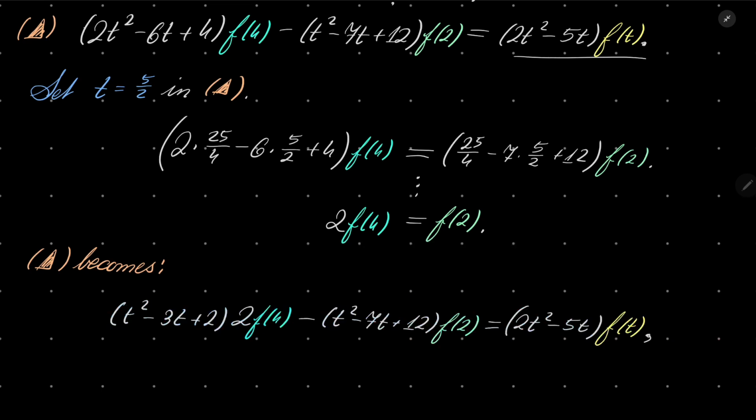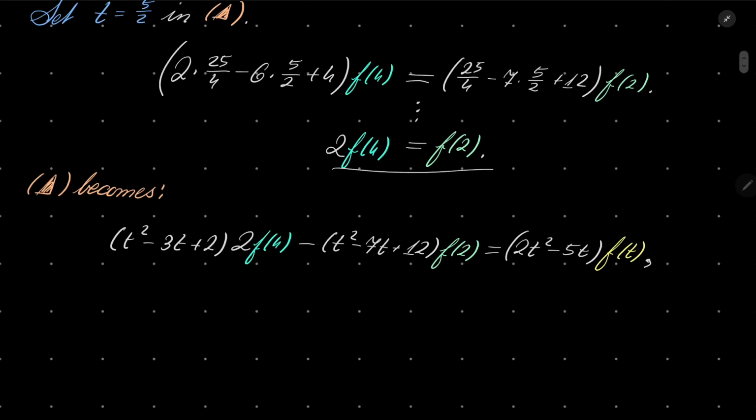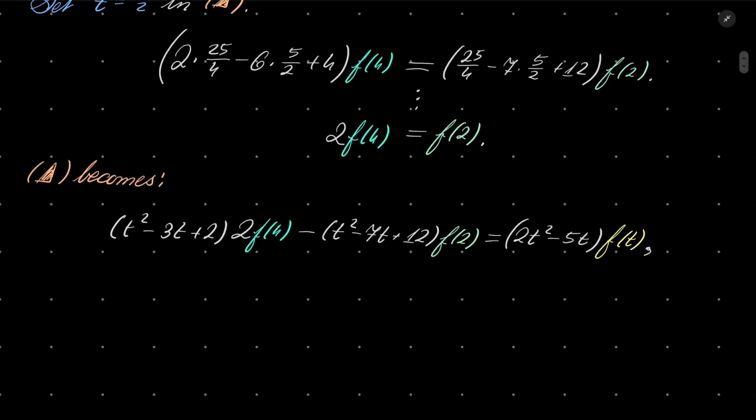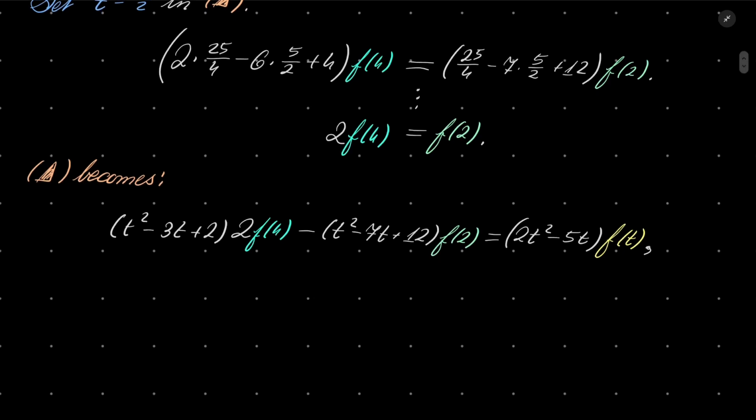Right? And now after using this fact, the left-hand side can be simplified greatly. After some simplifications, you can get the following. On the left-hand side, we will have 2 times 2t minus 5 f of 4 equals